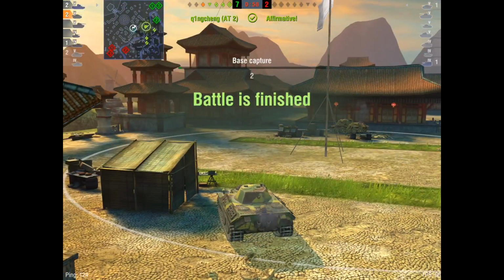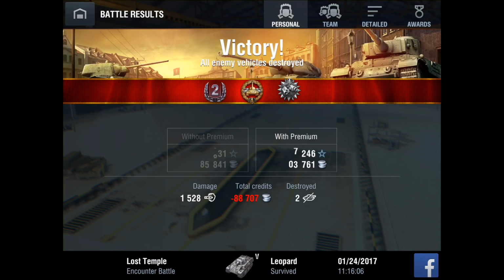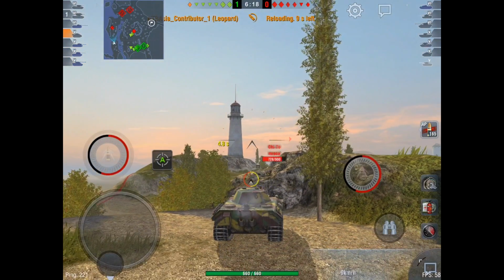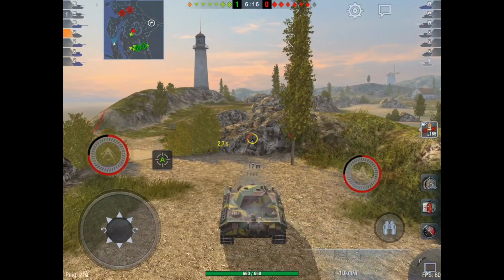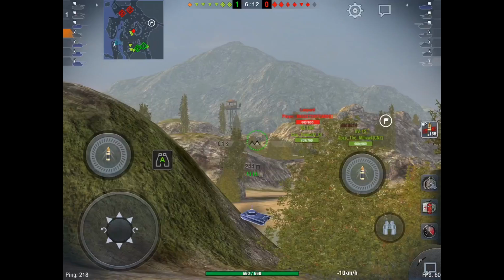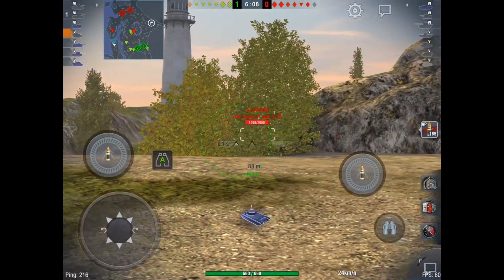I fired nothing but APCR in this game, and I came out minus 88,000 credits, despite the fact that I got a high caliber award, did spotting, topped out and everything. So yeah, be very careful about firing APCR. And to be honest, even though the pen on the AP isn't so good,